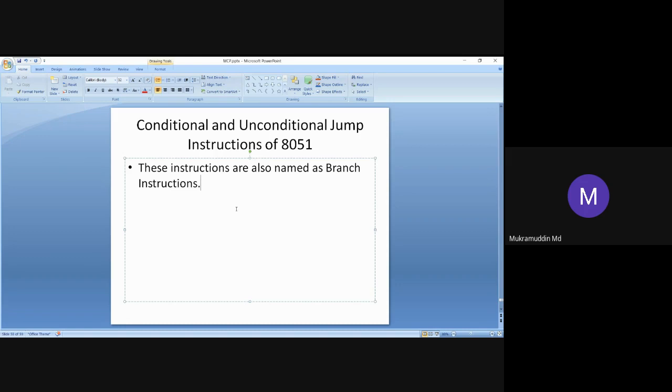Suppose the third instruction is a jump if carry instruction. If the carry value is 0, the jumping will not be performed and the processor control moves to the fourth instruction. Means the normal sequence of execution continues if the condition is false. If the condition is true, then the jumping will be performed. So that is a conditional jump instruction. Unconditional means there will not be any condition. When that jump instruction comes, the processor has to compulsorily jump to that particular instruction whose address is mentioned in the instruction.